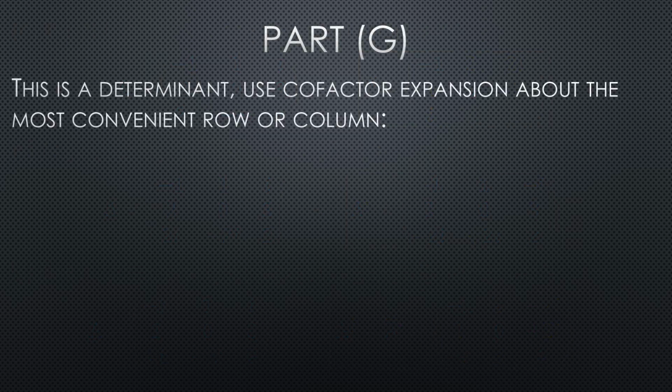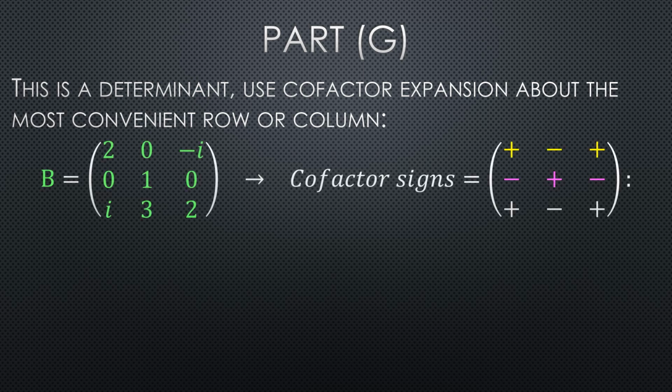All right, so here is one of the biggest parts of linear algebra and things that you will use throughout a lot of different classes: determinants. And in part G, this is a determinant, and we use the cofactor expansion method about the most convenient row or column. Now, let's see what this means. So if we're trying to find the determinant of B, which is given here, some complex matrix, then we have